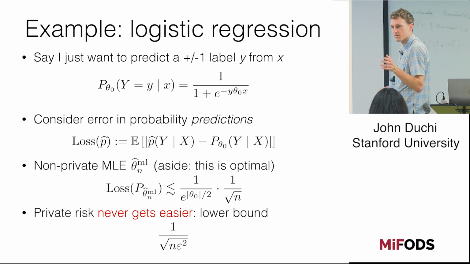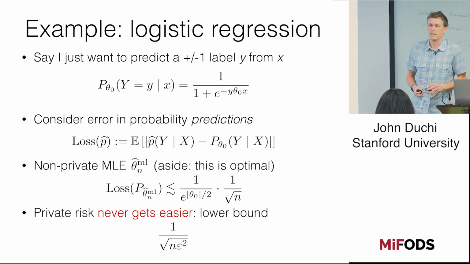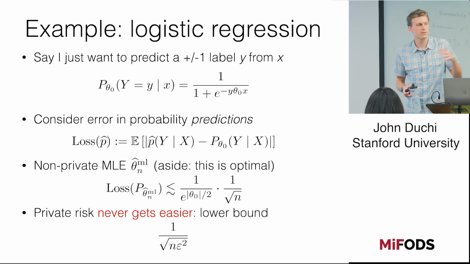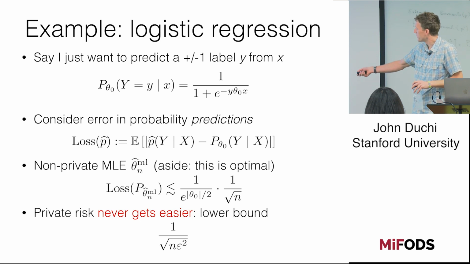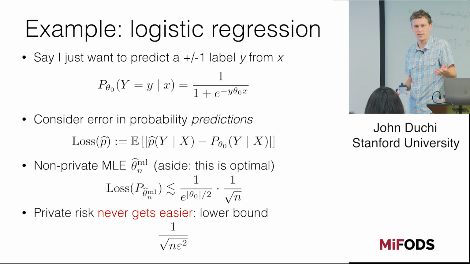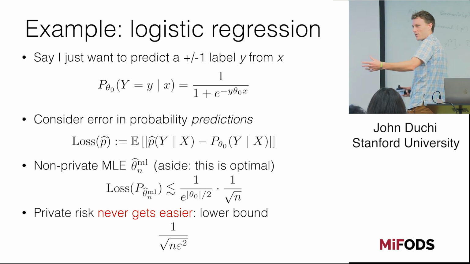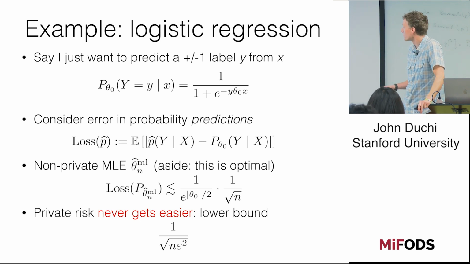In the private case, because of this variation distance modulus of continuity, the lower bound is always 1 over the square root of n epsilon squared. So even if you had an easy problem, in the private case it doesn't get easy. There can be an exponential gap between these. With this Bernoulli thing, you were like, I don't care. But now all of a sudden you're like, oh, I can't actually learn when people are going to click on ads. That starts to be a bit of a problem. And now Google really wants to compromise your privacy, because if they don't, they can't sell you lots of good stuff and print money. So anyway, whoopsie.